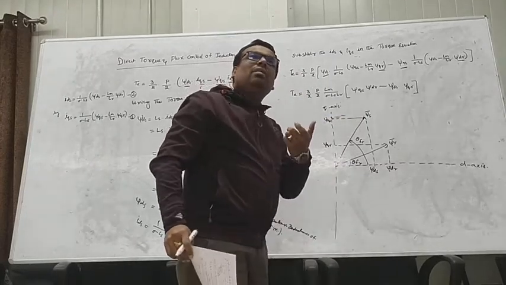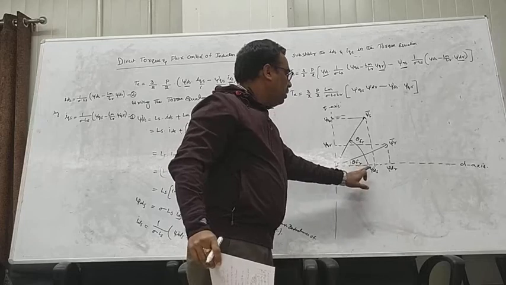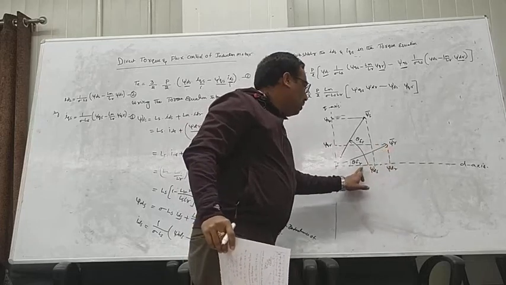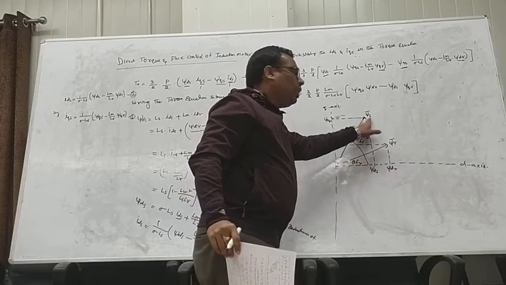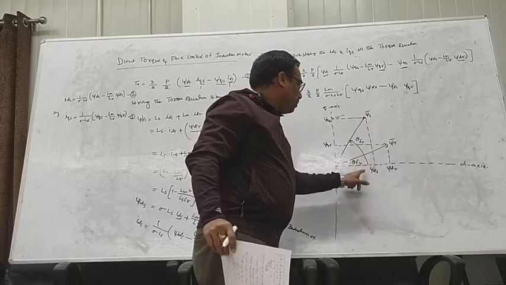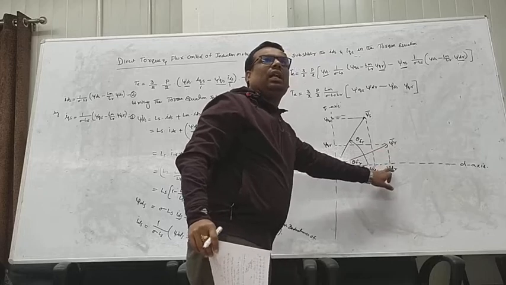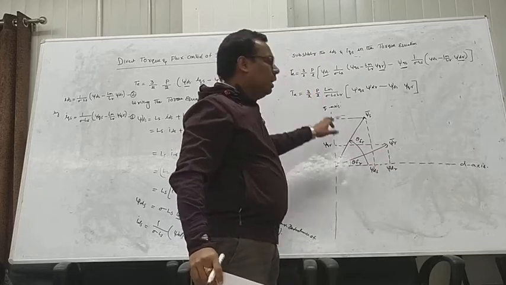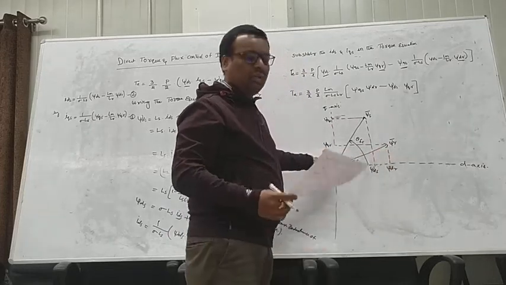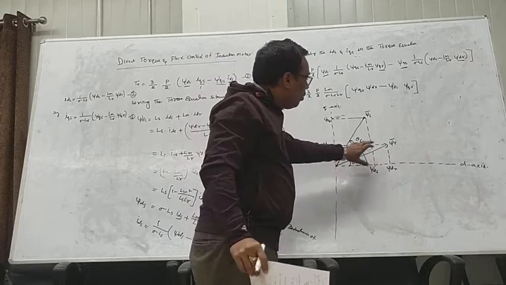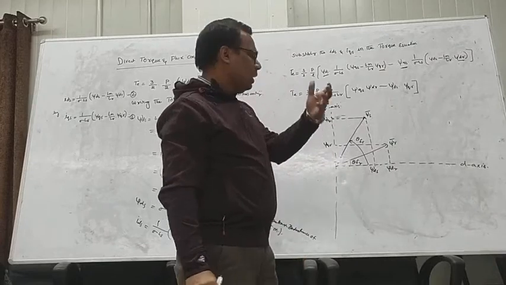You see here, one is theta fr. Theta fr is the angle between the rotor flux vector and the direct axis, and theta fs is the angle between the stator flux vector and the direct axis. The rotor flux vector has two components: the direct axis component psi dr and the quadrature axis component psi qr. How is this rotor flux vector created? Because of the stator flux vector. So let us see the stator flux vector.